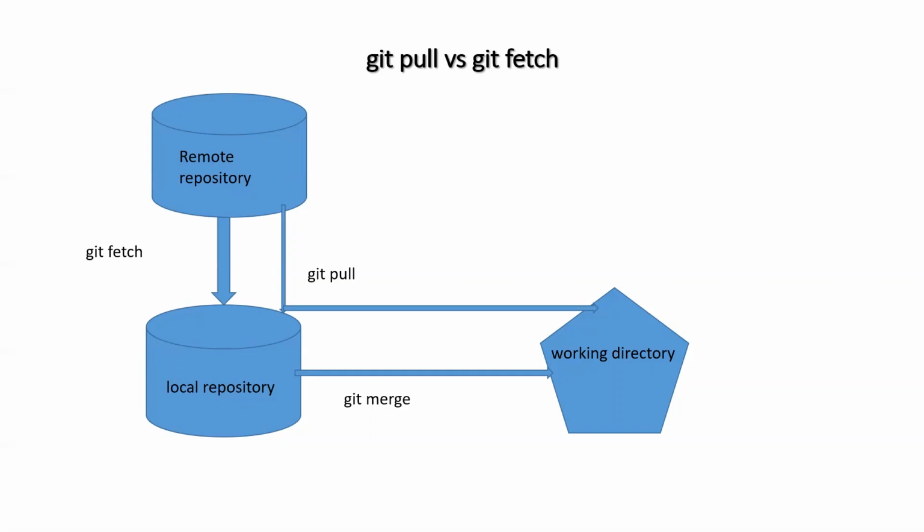Okay, now here in this graph you can see there is a remote repository. When we are using git fetch, this will only update the local repository content from the remote repository. When we are using git pull, it will download the code and merge with our latest commit in the working directory. But if we are using git fetch, then we need to run two commands, git fetch and then git merge, to merge our remote code with our current working directory. Okay, let me show some examples that will make it more clear what the difference is between git pull and git fetch.